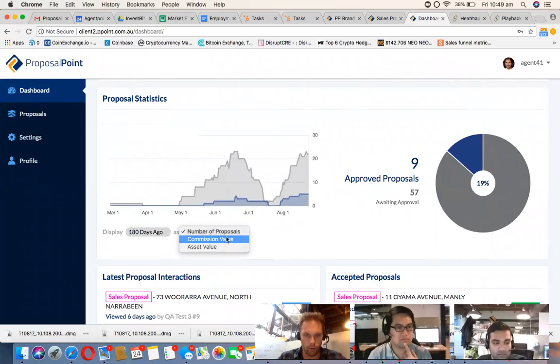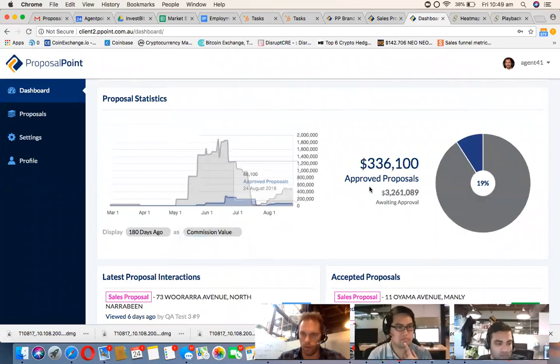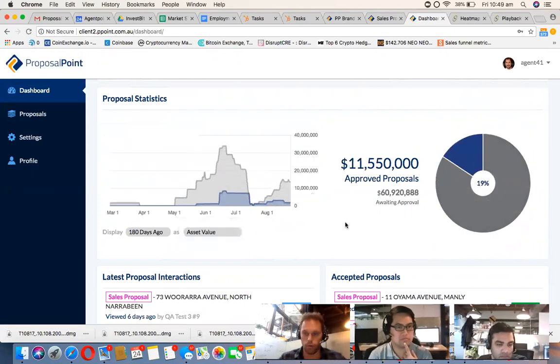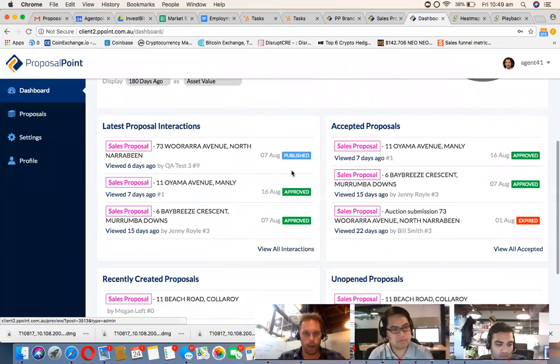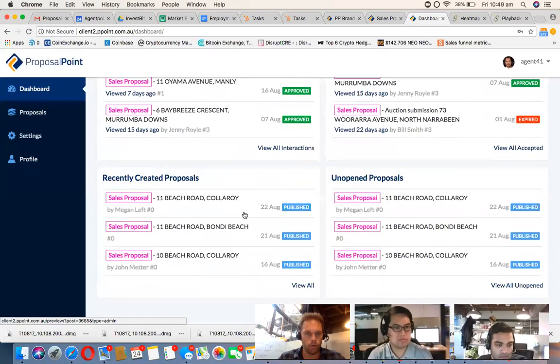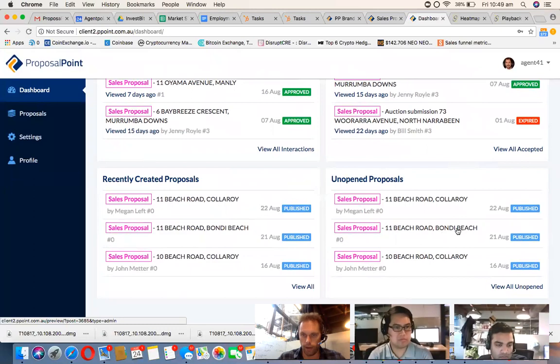You can then say, well, look, I want to see the commission value over that set amount of time, what's been approved, what's awaiting approval, or what the asset value is, i.e. the property value. A bit further down the page here, you can see the latest proposals that have had any interaction. So you see this one 6 days ago, that one 7. You can see what's been accepted, recently created,